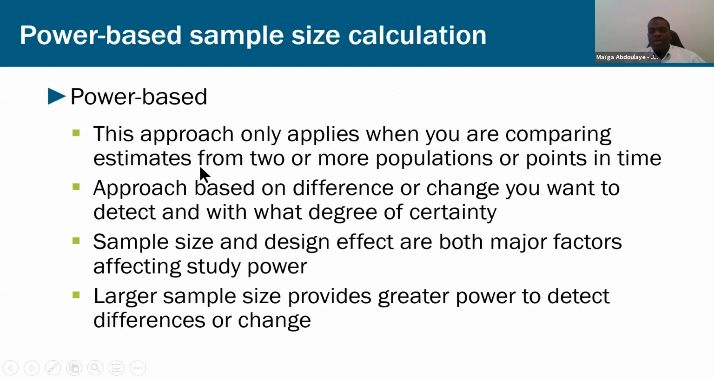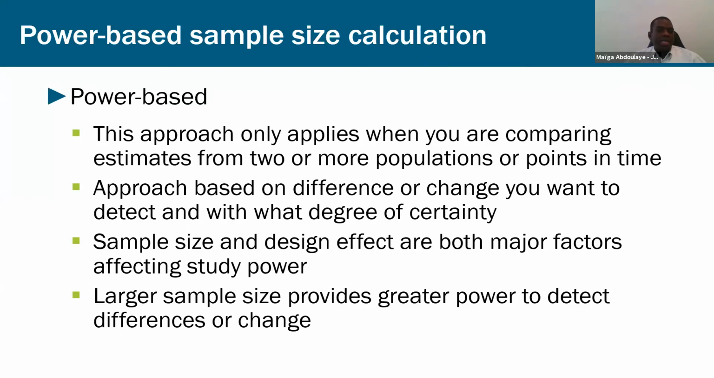Power-based options for sample size calculations. This approach only applies when we are comparing estimators for two populations to see the difference, for instance, between intervention and comparison areas, or when we are trying to track change over time, for instance, from the baseline to the end line. So this approach is based on the difference or change we want to detect. For instance, what will be the difference between the baseline and the end line, or